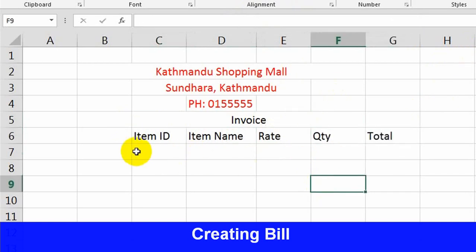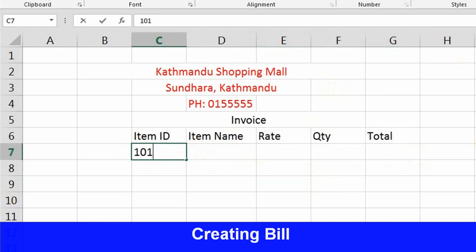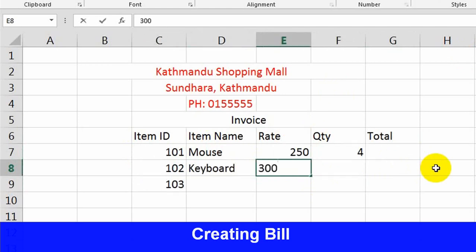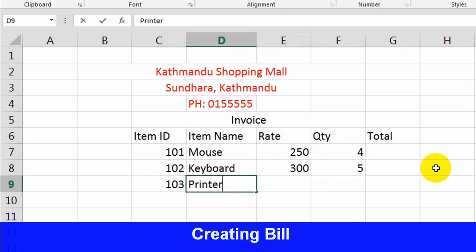See, now fill some data like 101, 102, 103. For example, item name like mouse, rate 250, quantity 4, item name keyboard, rate 300, quantity 5, printer 5000, quantity 10,